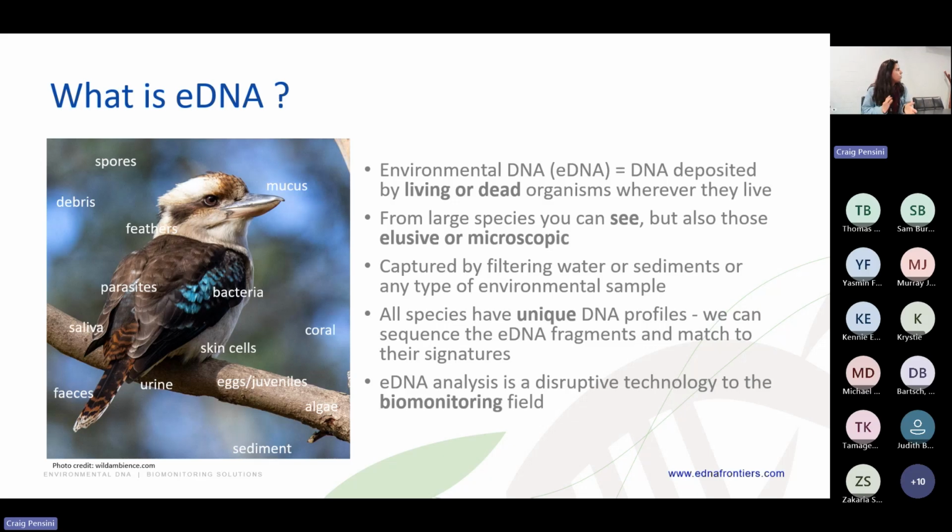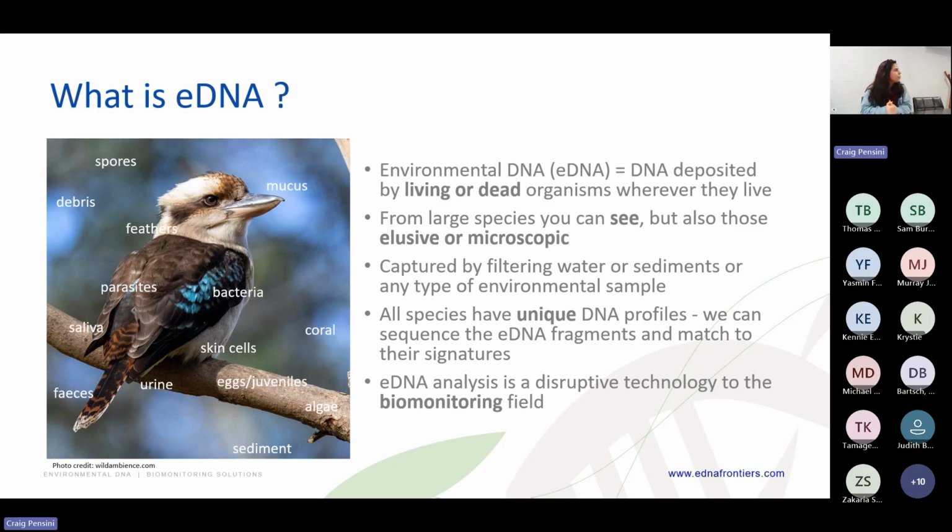All the species have unique DNA profiles, and these unique DNA profiles are in this mix of heterogeneous DNA in environmental samples, and we want to pull those sequences from that sample and identify them. This technique is relatively new, which means that we're still evolving and learning. A few things are better established, but we're still developing new tools like airborne DNA, which is a new tool,